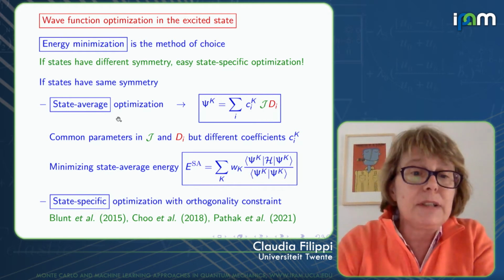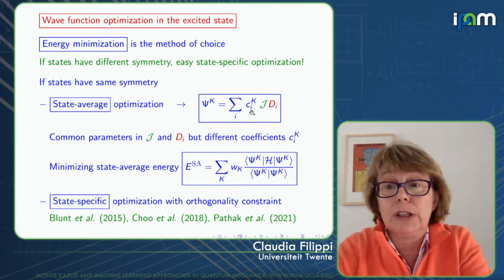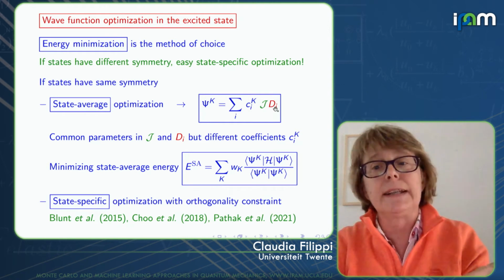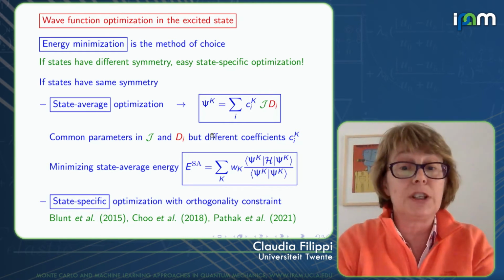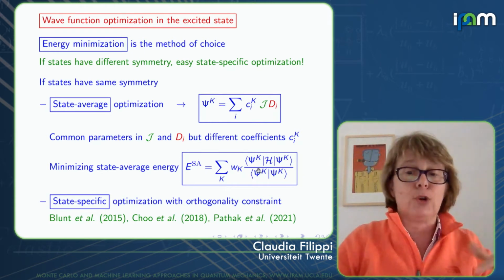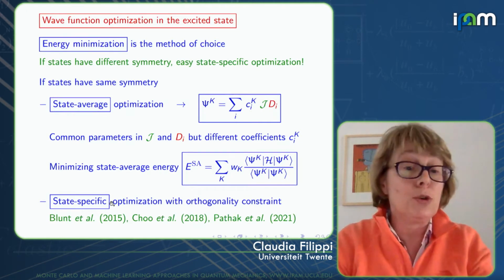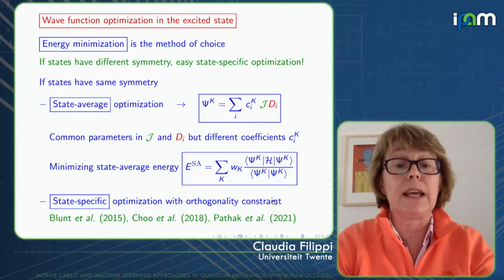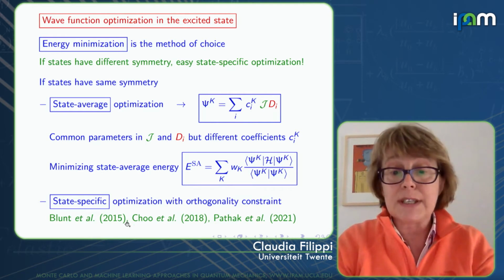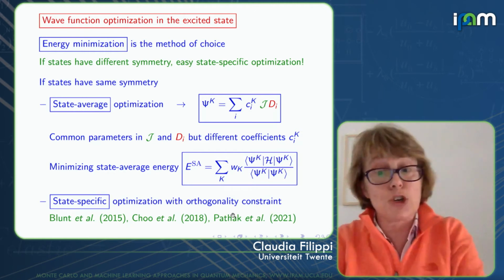But if they have the same symmetry, you can either use a state average approach where you have an expansion. You can decide that the states share the same Jastrow and the same orbitals, and they have different CI coefficients, and you can optimize in a state average fashion. So you find a balance for the states as regards Jastrow and orbitals, but you have different coefficients. Or you can use state specific with some orthogonality constraint. And this was used in various contexts, for instance, Fusi, QMC, Giuseppe Carleo, and recently Wagner within variational Monte